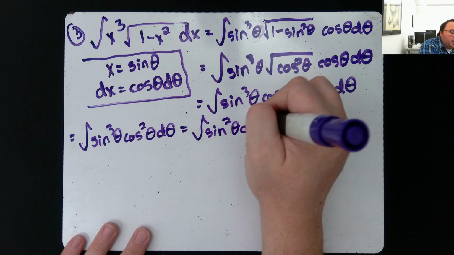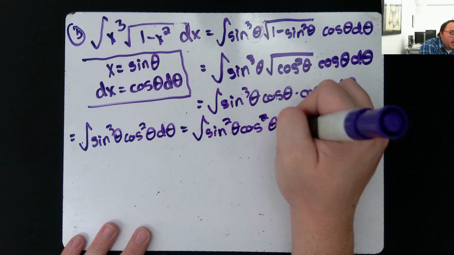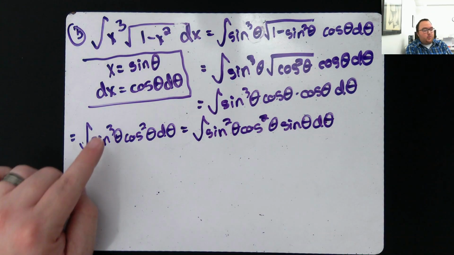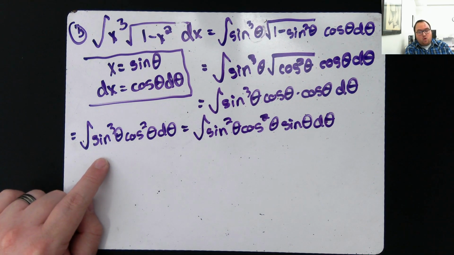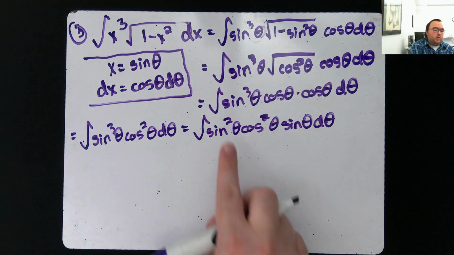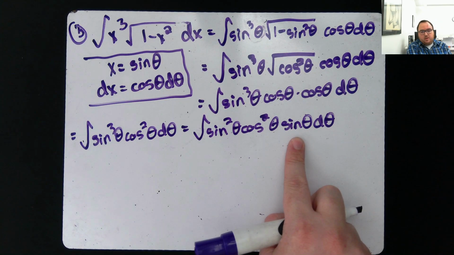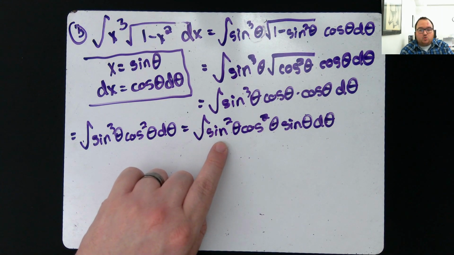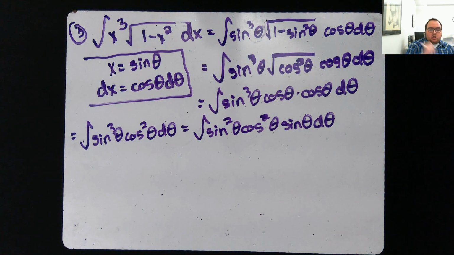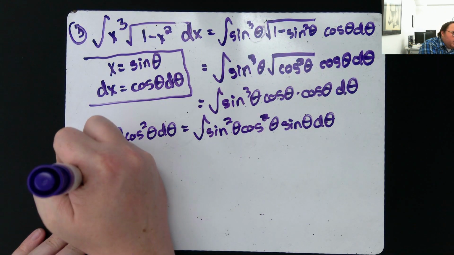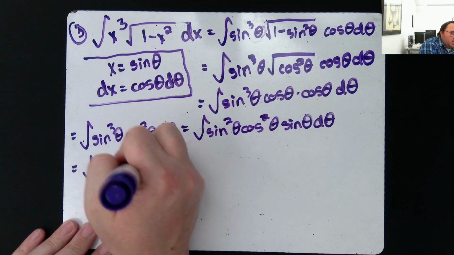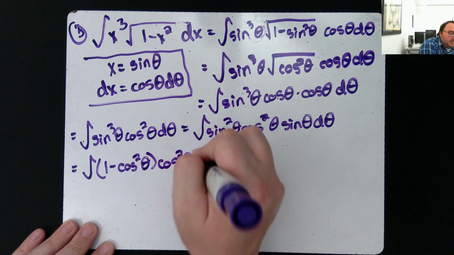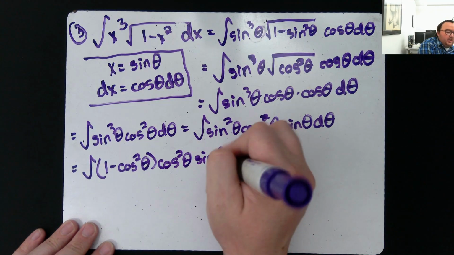Since I have an odd power for sine, I bring one of them out, leaving me with sine squared, because I had 3 of them. Now I only want 2 because I'm going to bring one out. The reason is that now I just have sine squared, which I know is 1 minus cosine squared, times cosine squared times sine. And now I can use u-substitution